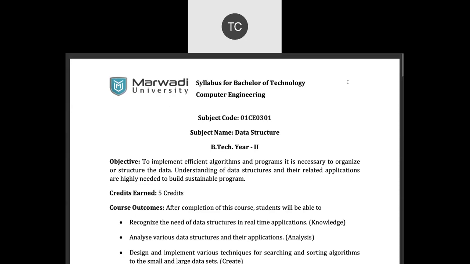eventually your stream-specific subjects will be increasing, and this is where you, as a computer engineering student, start with the very basics of computers, which is data structures, right? And the other subject you are also going to learn maybe is the database management system, DBMS. And I believe there is one more subject which is based on a programming language, object-oriented programming language. As in the previous semester you have seen the C programming language, in this semester you might be going through C++. Okay,